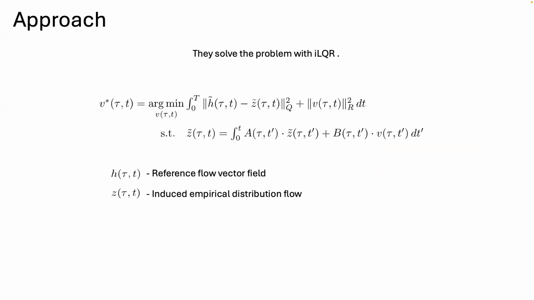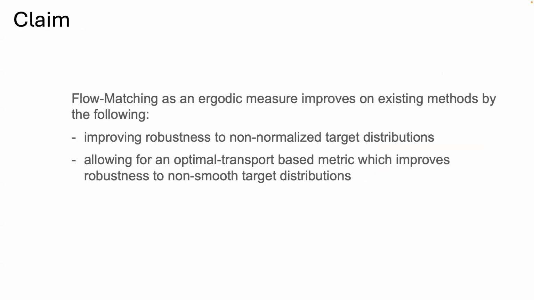So in practice, going on if there are no questions. In practice, they solve this with iterative LQR, where they're trying to minimize the difference in the vector flow field of their spatial distribution and this target distribution. And basically they claim that by doing this sort of flow matching measure, it improves. In this paper, they propose 3 different metrics: a Fourier-based one, a Sinkhorn divergence, and a